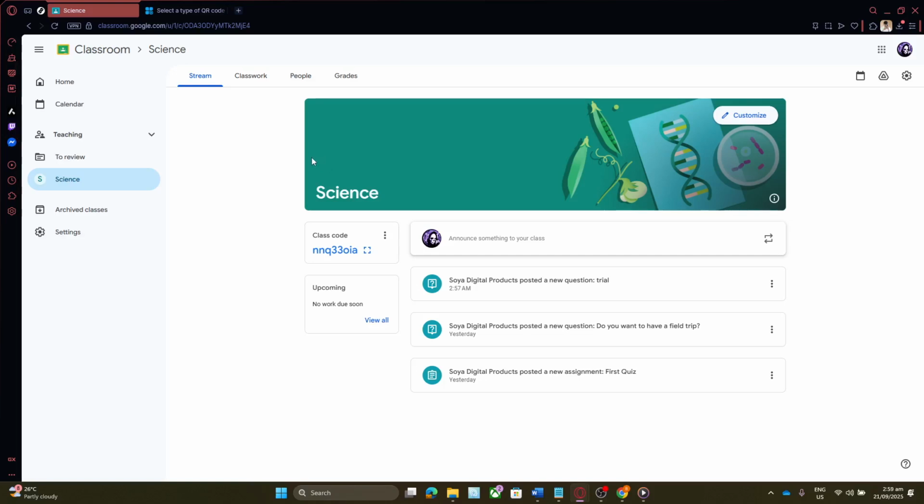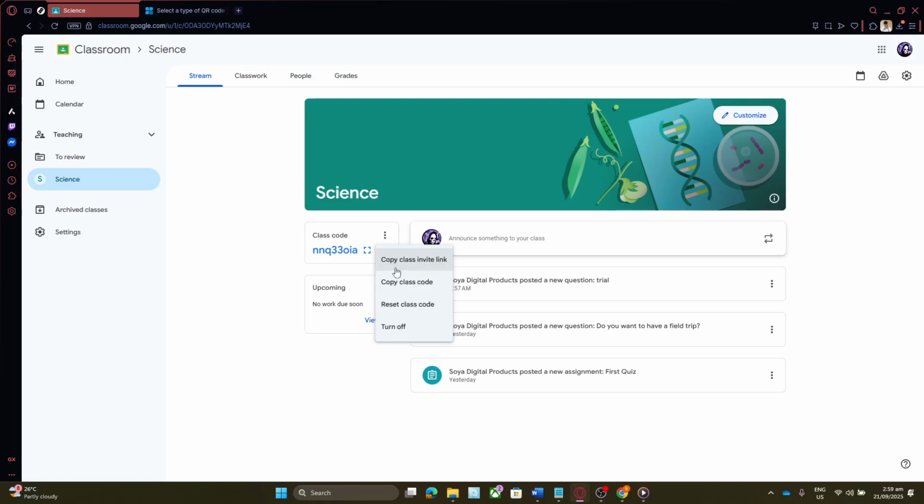When you're on the dashboard, find the class for which you want to create the QR code. Next to the class code, you'll see 3 vertical dots. Click on these 3 dots to pull up additional options. This button holds a menu that sometimes gets overlooked, but it's full of useful shortcuts that are perfect for tasks